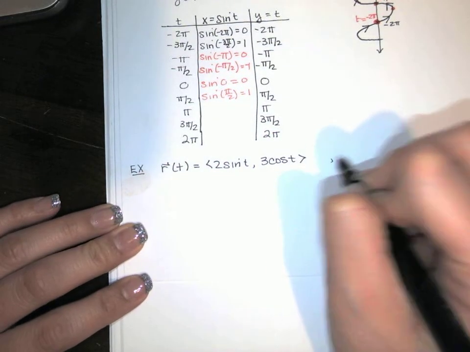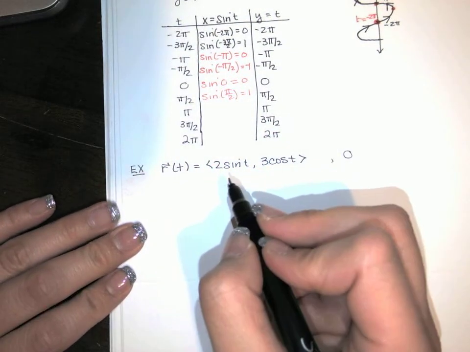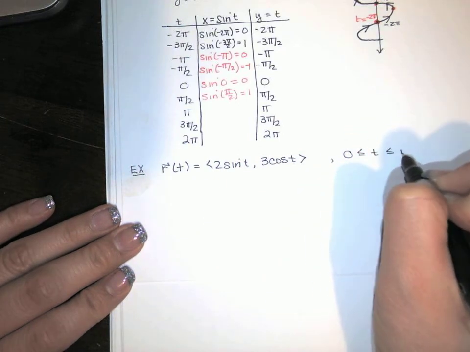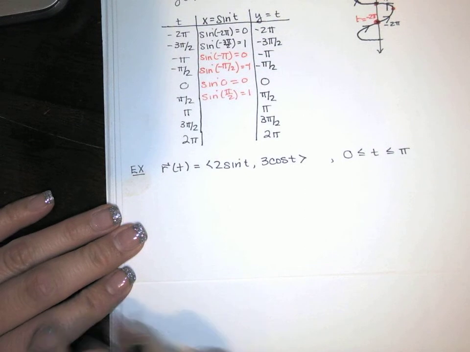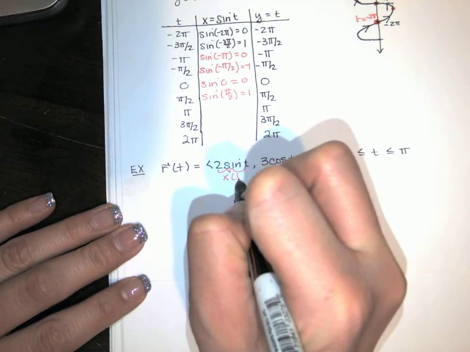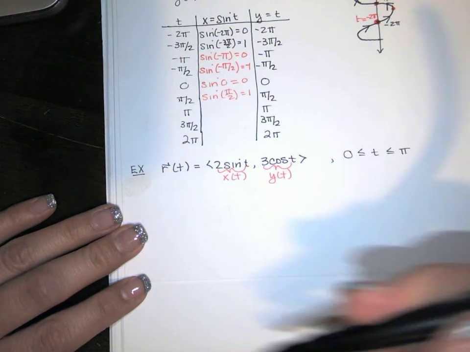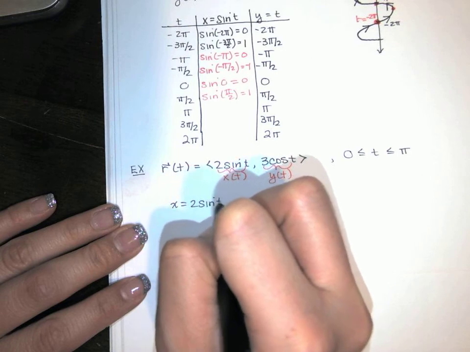Maybe they tell us we're talking about the path that's traced out as t ranges from 0 to pi. Say, okay, we don't get the whole thing, we get part of it. Well, just like before, the first component is x of t, the second component is y of t. Now this time I do not want to solve one of them for t and plug it into the other one,